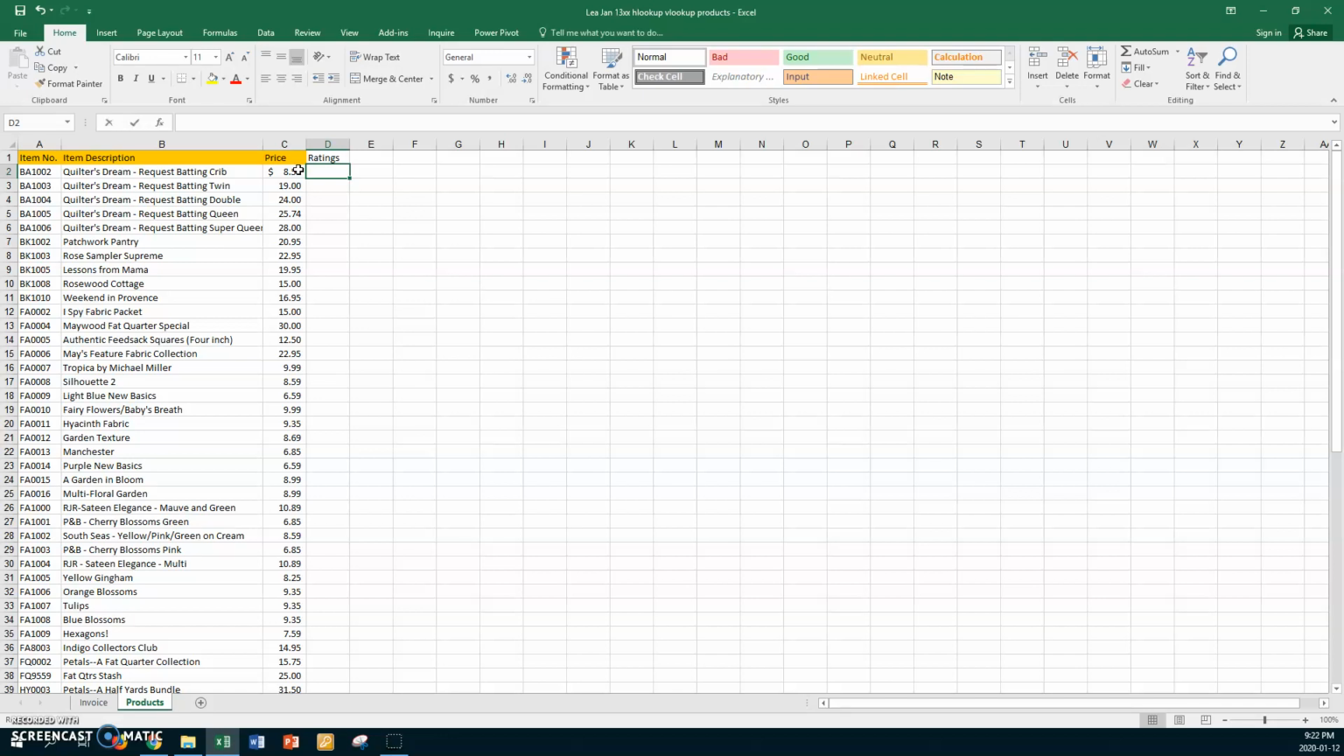All right, so we want to put in equals if. And we want to say if the price is more than or equal to 25, remember no dollar signs, no commas, then you're going to go quote, and you're going to put in good value, quotation marks, comma, if, open your parentheses again, if the price is more than or equal to 20, then you're going to put in fair value. So quote fair value,